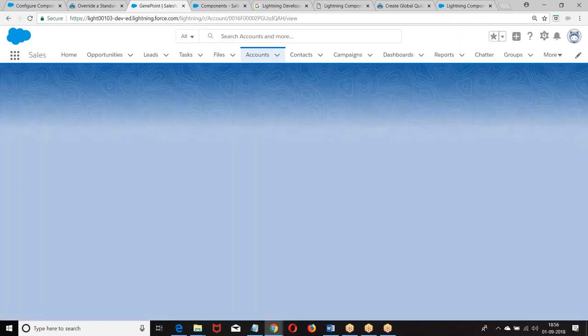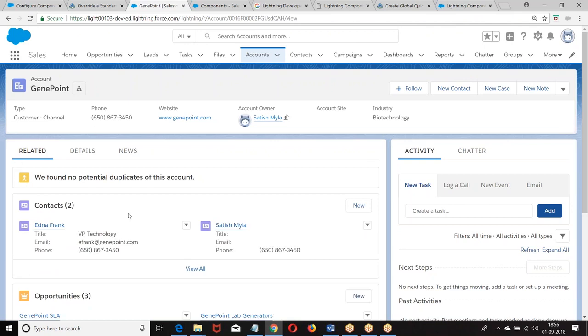Click on the submit. When you click on the submit, we are going to the detail page of the particular record. This is how we have created it. Right? We are going to the detail page of the record.